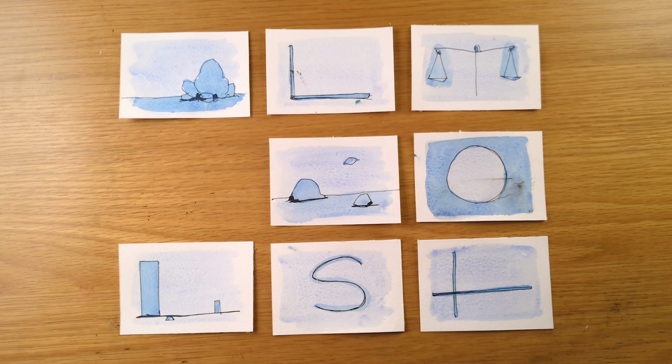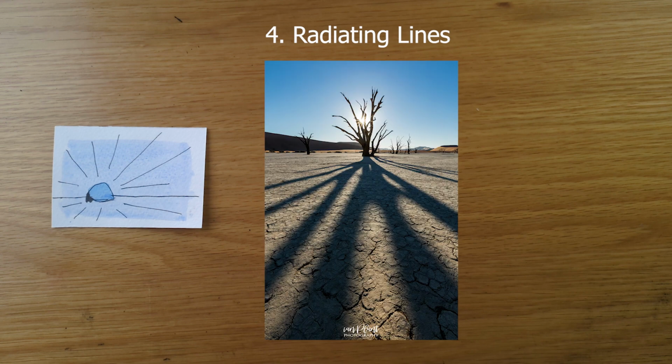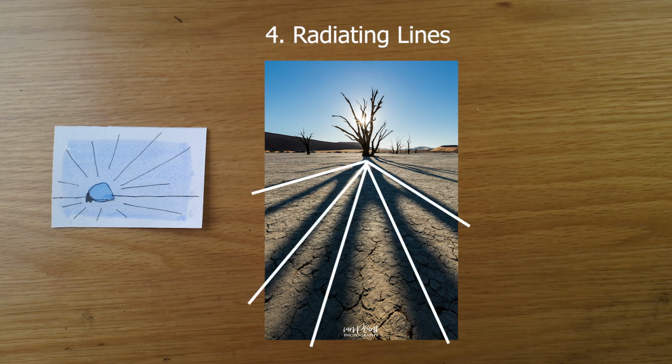The next one here is called radiating lines. The idea behind this is if we want a certain object to be our focal point, we can use other lines or other objects in order to point toward that object. In the simplest sense, it could be a sun, for example, and you can have the light coming from the sun. This example here, we have a tree and we have the shadows. So you can clearly see from this image that the focal point, the center of attention, is this tree. And we have the shadows that provide a natural arrow that focuses your attention toward that tree.